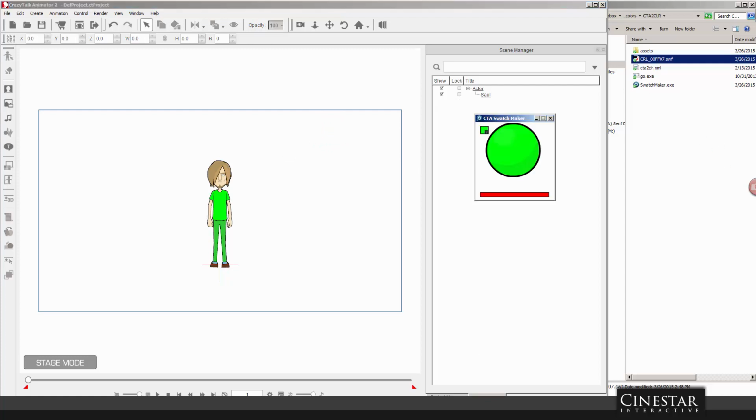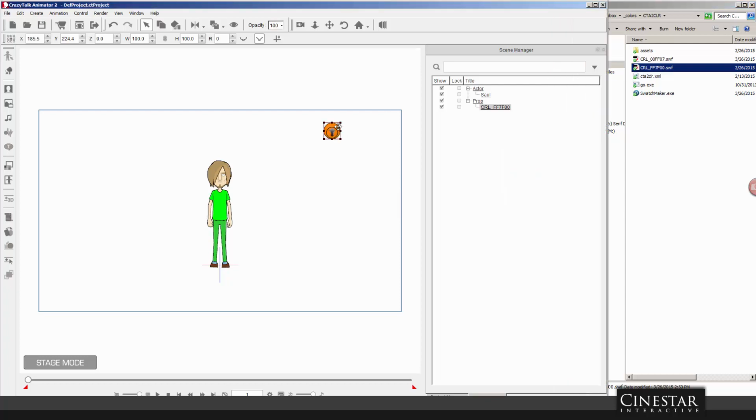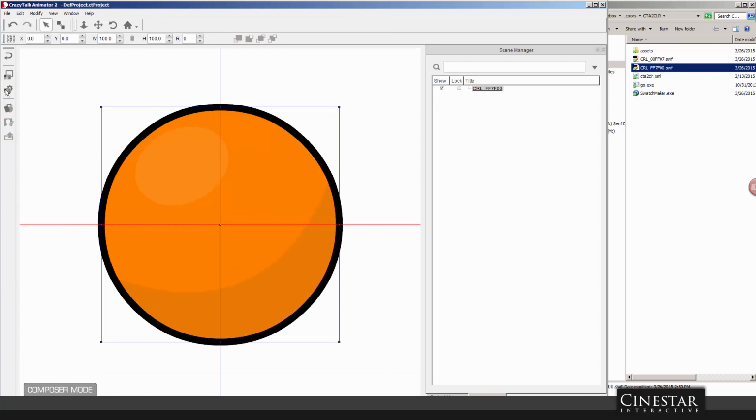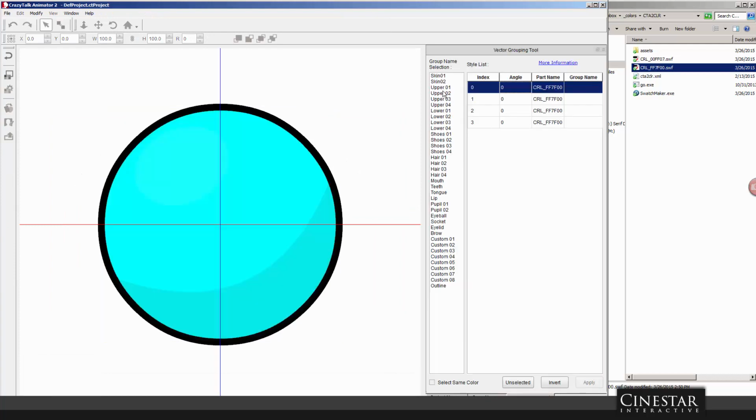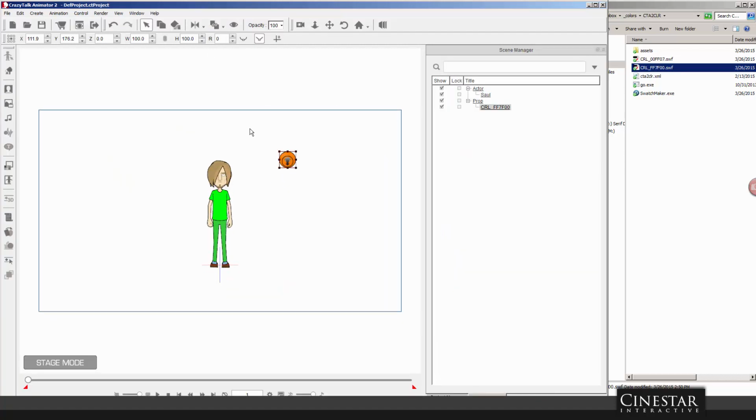Of course, you can continue using SwatchMaker basically till the cows come home. You can generate entire sets of swatches for yourself that you can import at any given time for whatever purposes you need. So here's that little orange color that I created. Let's apply that to the hair. Why not? Let's first configure it. And let's see, hair 1, most likely that's what it is. We'll get out of there. Now we'll apply it,